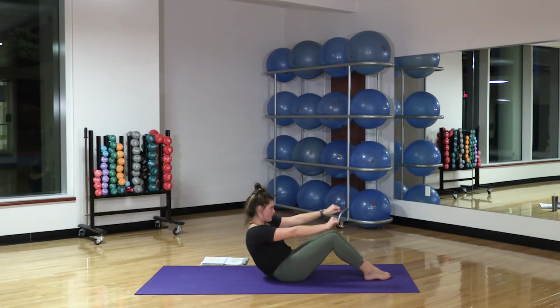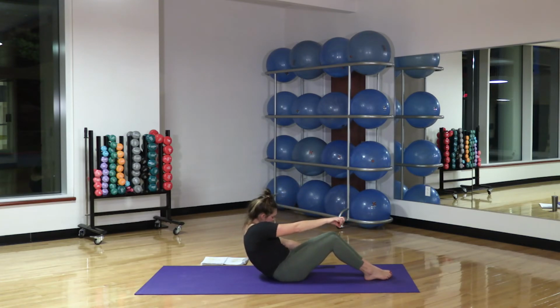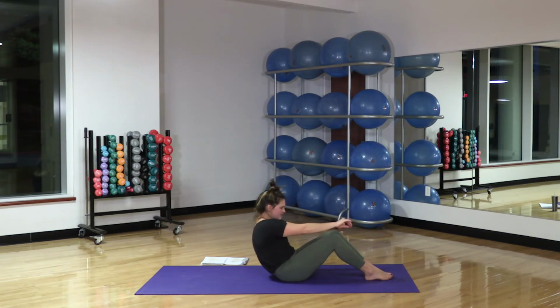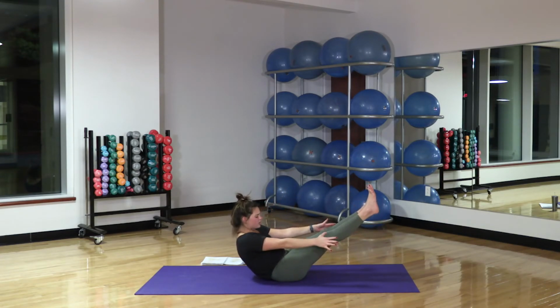Walking your hands or bringing them over through center, over to the right side of your body. Inhale, tap and crunch, exhale, release. Inhale, tap and crunch, exhale, release. Last time, inhale, tap and crunch, exhale, release, coming back through center, lowering as far as you can, maybe extending your legs straight, holding here for